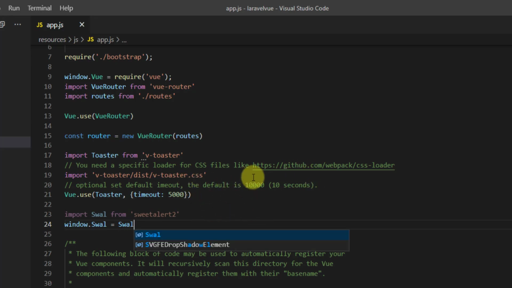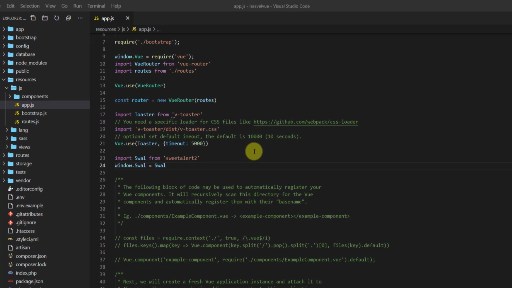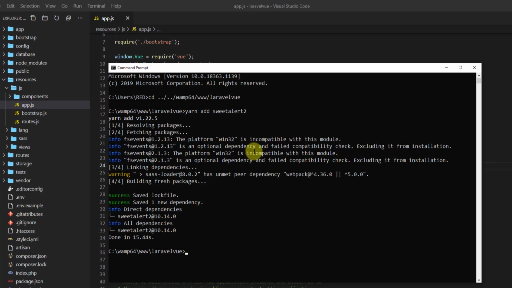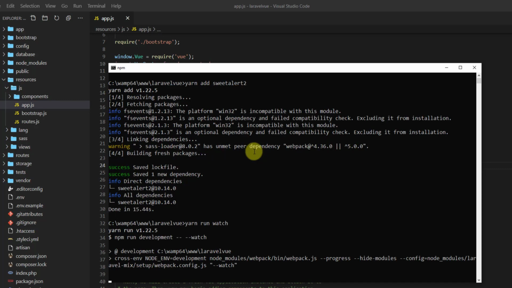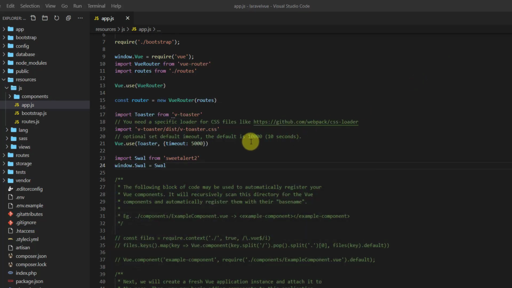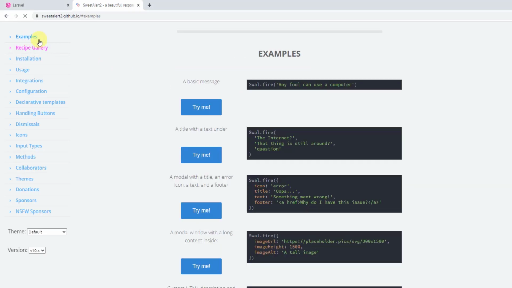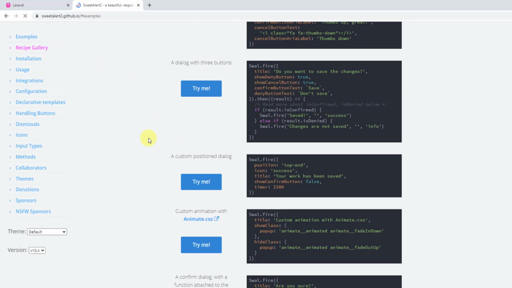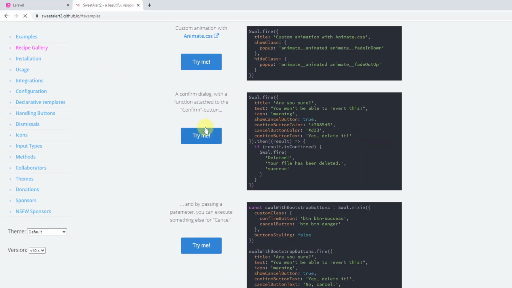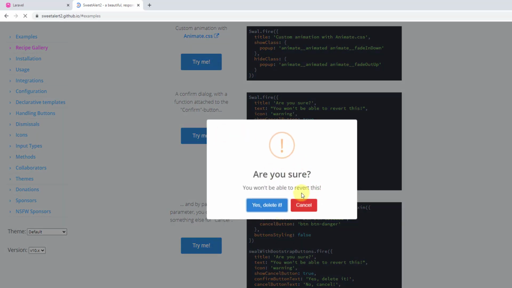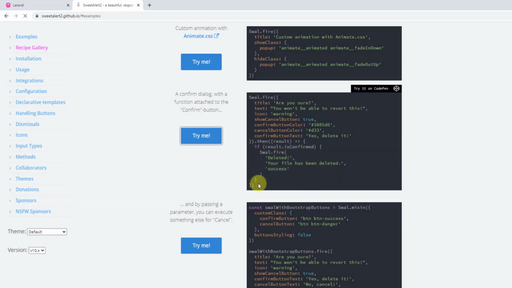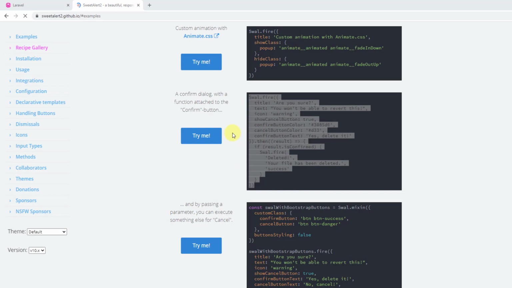And now let's run our yarn run watch. So let's get back to our command prompt window and let's say yarn run watch. And while it is running, let's get back to the documentation, and in here let's go to examples and let's scroll down. Well, we want to use this dialog message, so let's copy the code from here